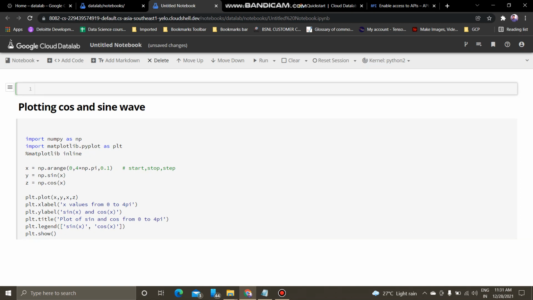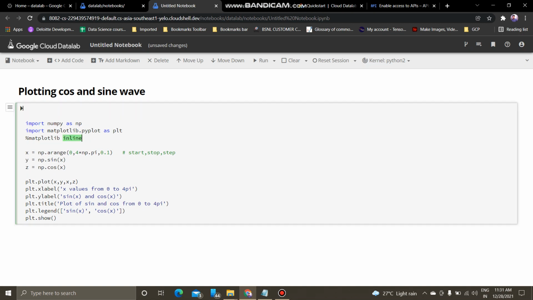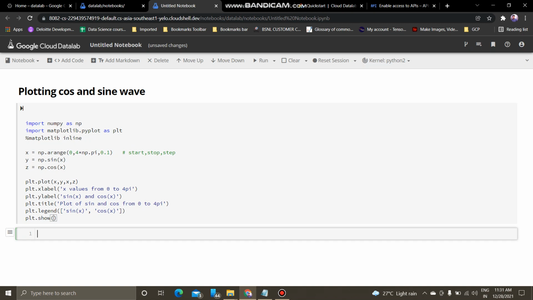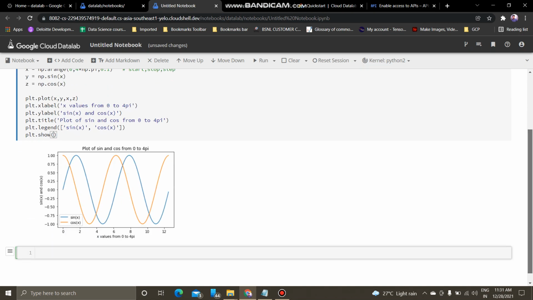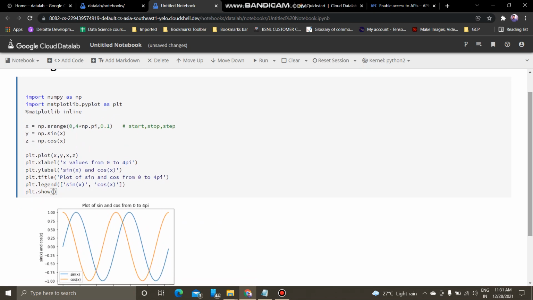You can delete this cell and import numpy, and execute this command. This is how we are creating our first Jupyter Notebook inside Cloud Data Lab. You can see the kernel, Python 2, Python 3, reset session, interrupt execution, clear, run, move up, move down, which is very similar to our Jupyter Notebook.